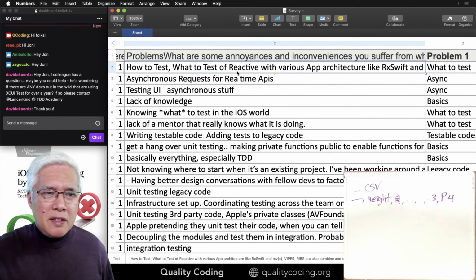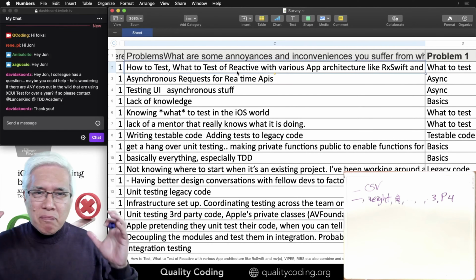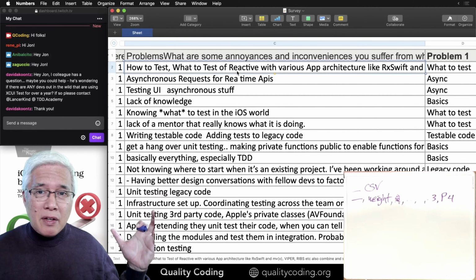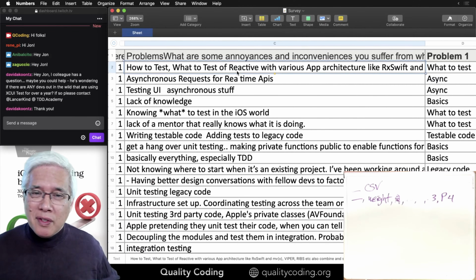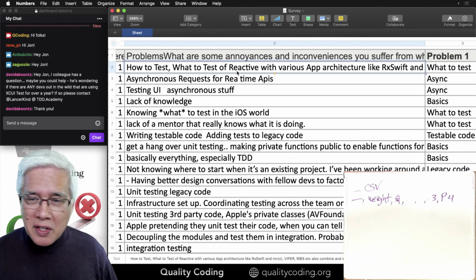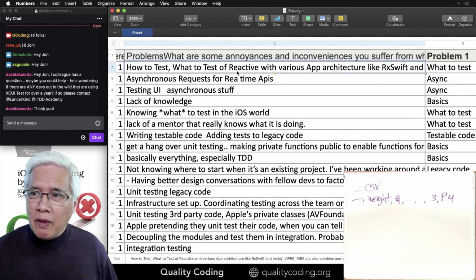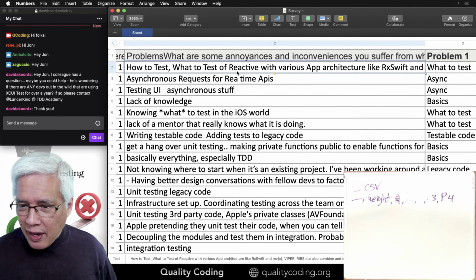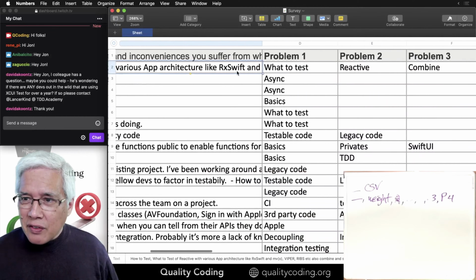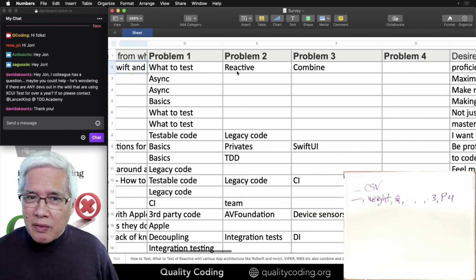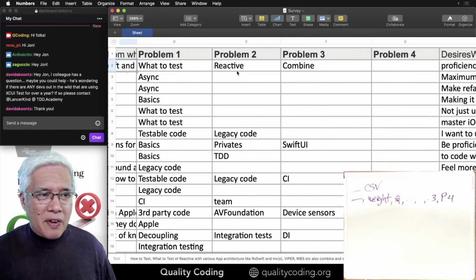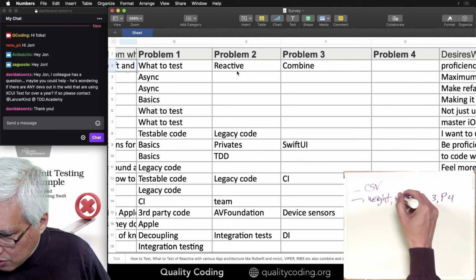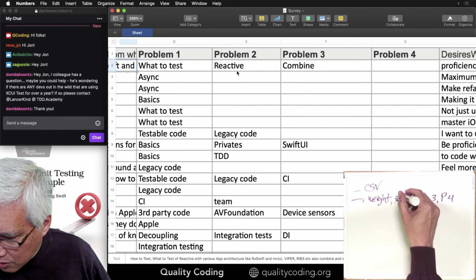But that's the literal, like it was a free form text input. You know, tell me what annoys you in your day with unit testing. And so it was freeform. It's my analysis of that where I went through each one and tried to figure out what are some keywords. How do I classify each answer? So I do ignore it.